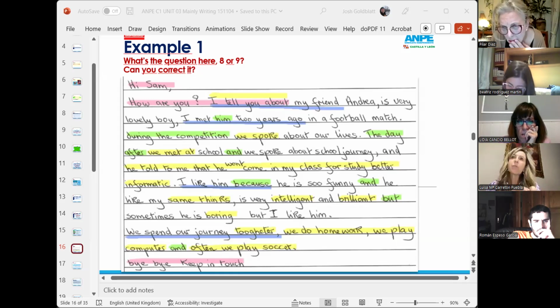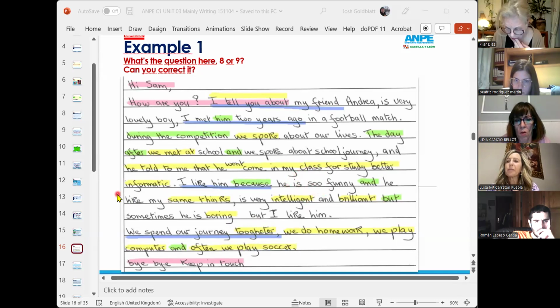B1, B2. Specifically, what I like about this, I think is very good, is the spelling. Okay, there's a couple of points which were more difficult, like maybe together or so. Okay, little things like that. Informatic, that's not the spelling, that's just the vocabulary. Okay, or we play, but really the spelling is very good. So yeah, it's B1, B2. If you wrote this in B2, you would get 5 points, and this is perfect.